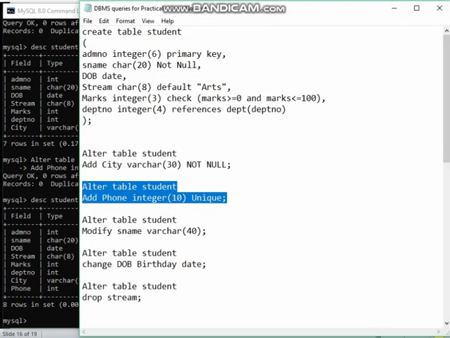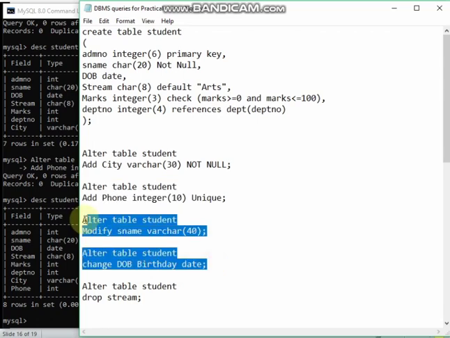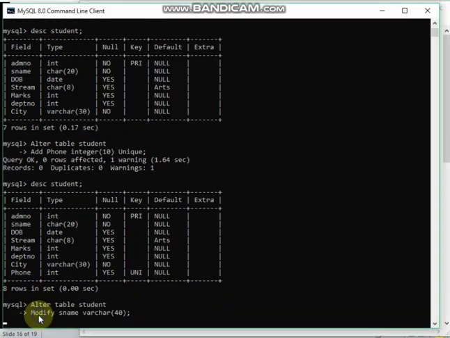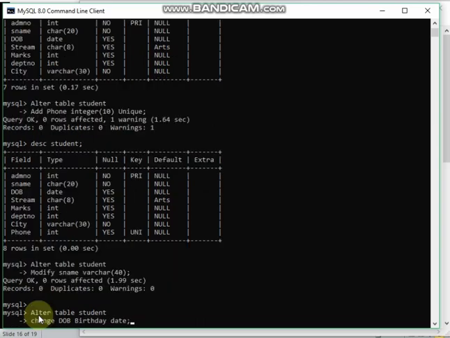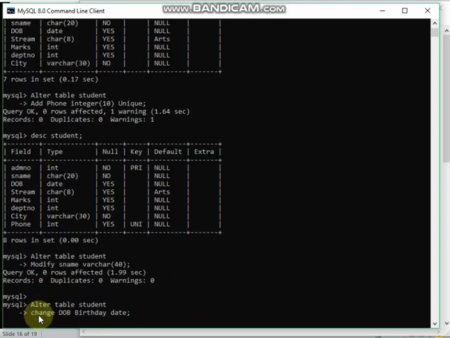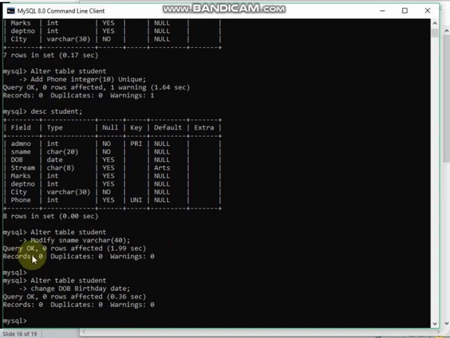Now let us see this one, to modify a column and to change the name of a column. Let me copy both these commands. Okay, query is okay. For alter table student, modify S name varchar 40.